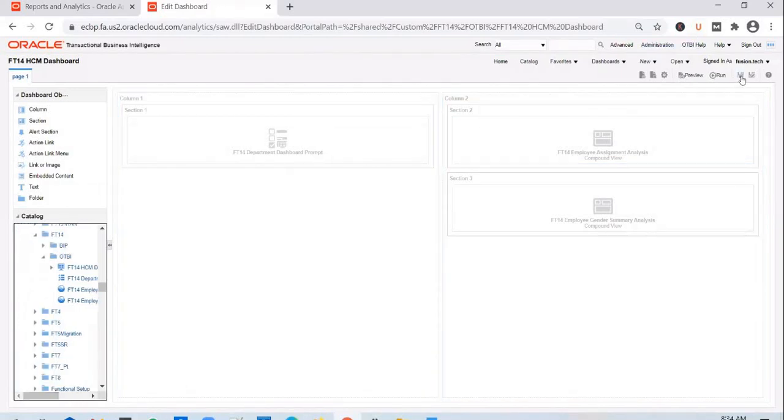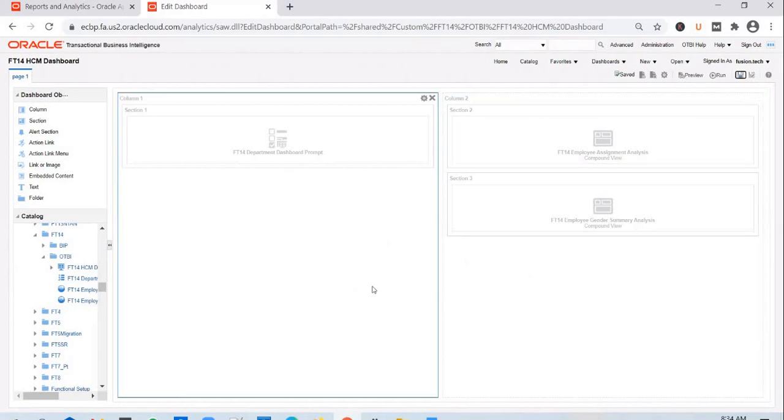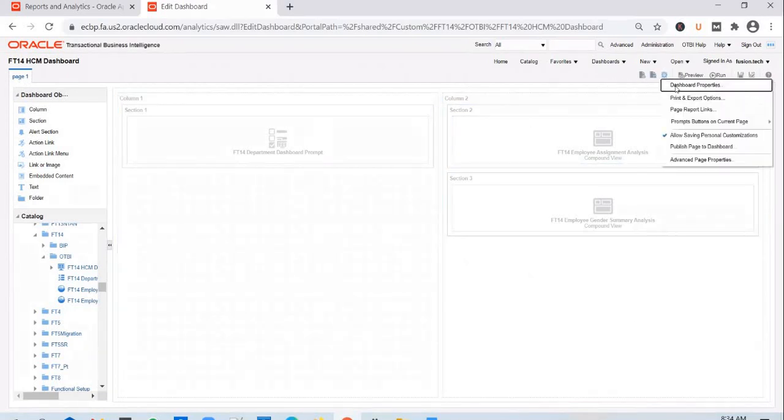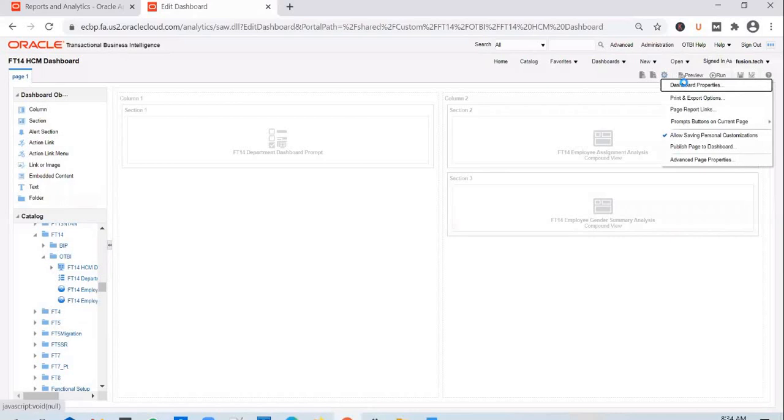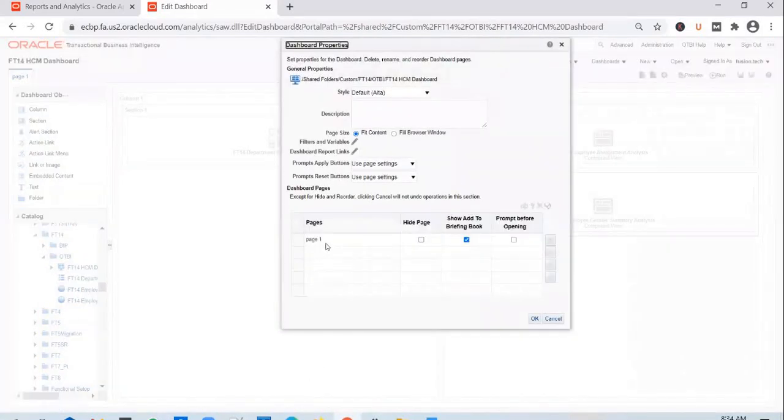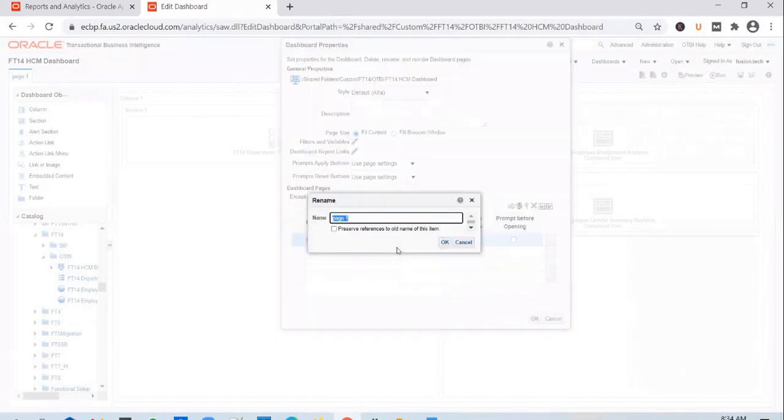And you save the dashboard. And you can rename the page as well. So you click on this and you can click on advanced page properties, not advanced page properties. Go to dashboard properties. You will be able to see the page. Select it and you can click on this to rename it. So you can probably call it as